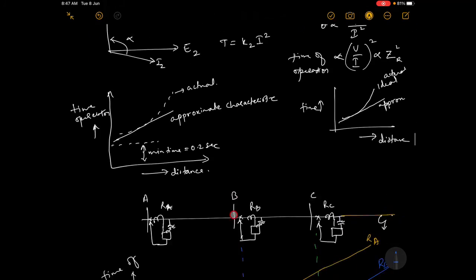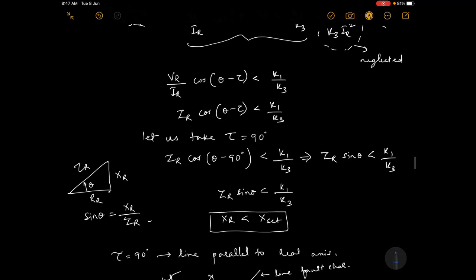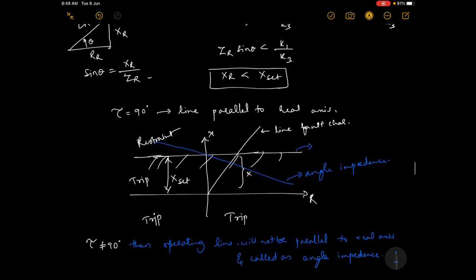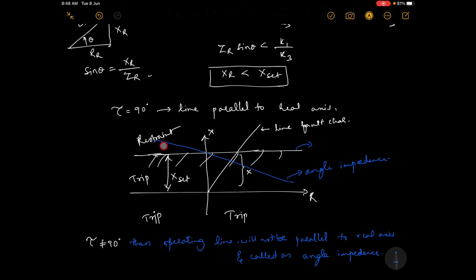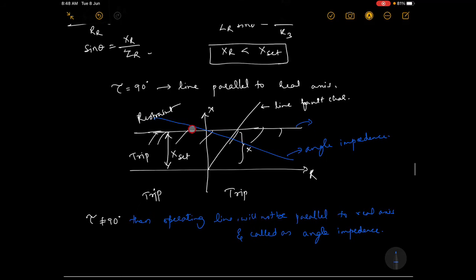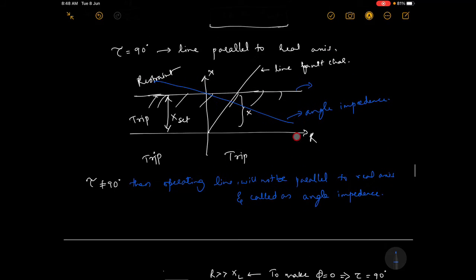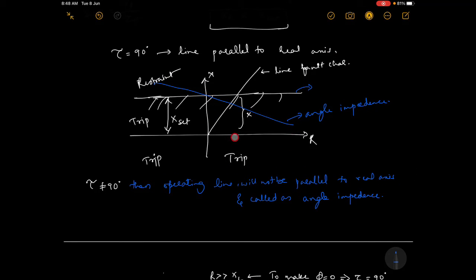Then we came across another relay called the reactance relay. Here we totally eliminated the effect of arc resistance, because whenever there is a fault there will be an arc, and there will be a resistance mainly due to the arc. That we somehow got rid of, because here resistance is not at all counted, only reactance is taken. Because of that we eliminated it. But the problem of normal load, the maximum normal load at unity power factor, was a problem. Even the normal load would be considered as a fault.